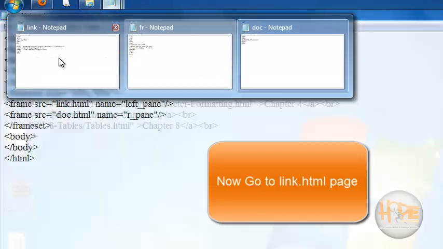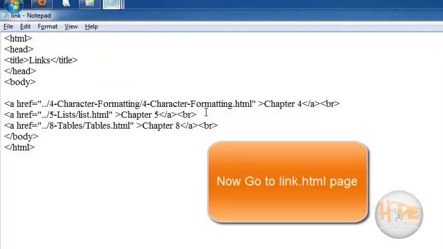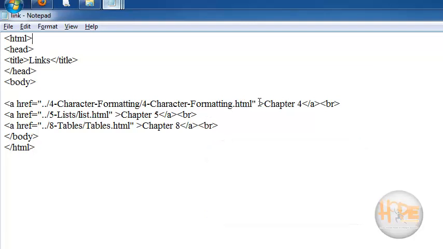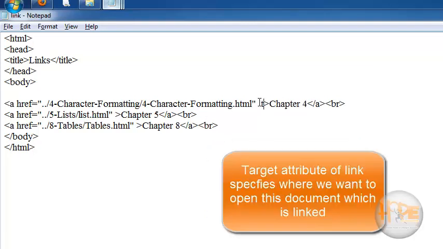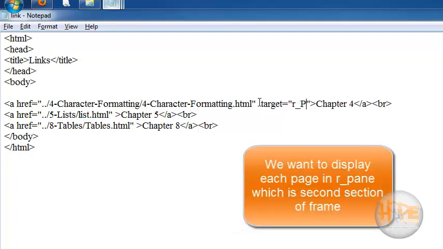Now what to do? Go to the link.html page and in each link you have to type target equal to r_pane.